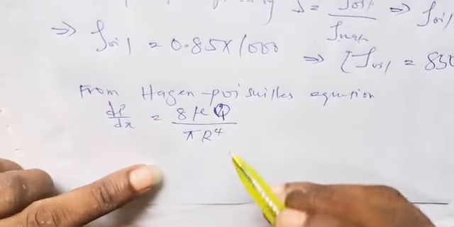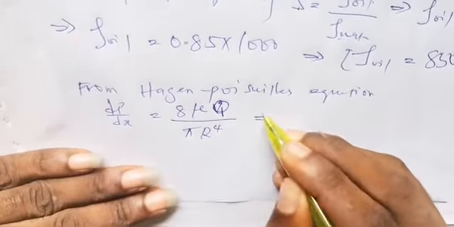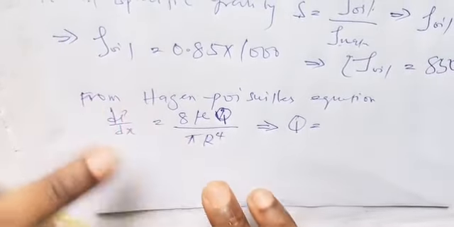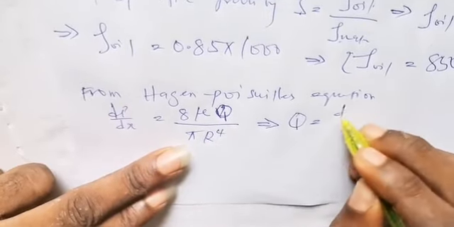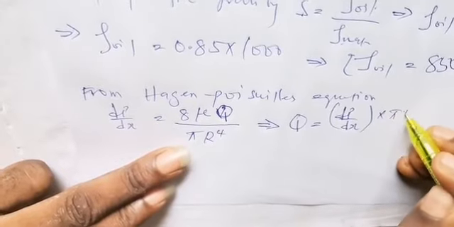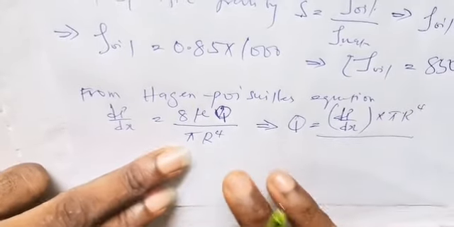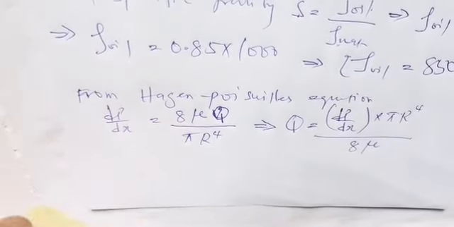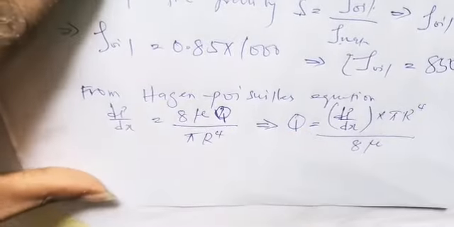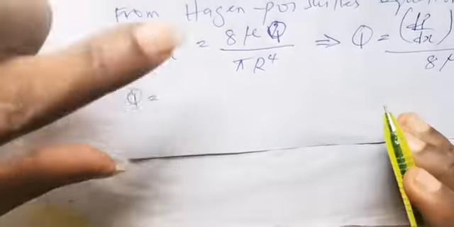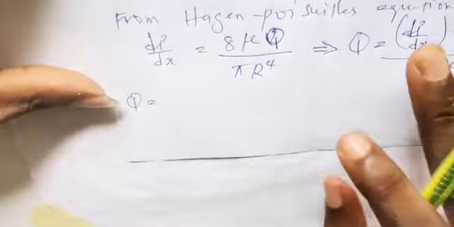To make discharge the subject of the formula, we cross multiply. Discharge is equal to dp over dx, which is the pressure gradient, multiplied by pi r to the power of 4, all over 8 mu. So this will give us the discharge. Alright, so from here you can obtain that discharge Q is equal to dp dx, the pressure gradient,